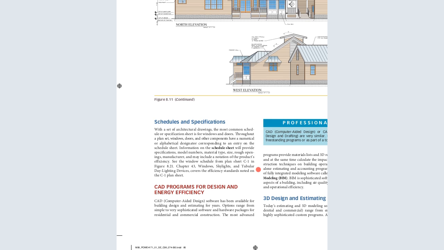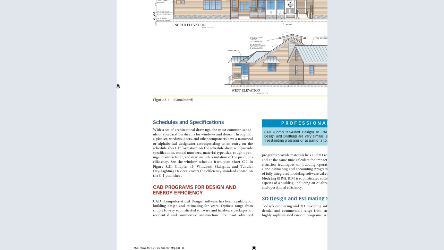Throughout the plan set, windows, doors, and other components have a numerical or alphabetical designator corresponding to an entry on the schedule sheets. So information on the schedule sheet will provide specifications, model numbers, material type, size, and efficiency,